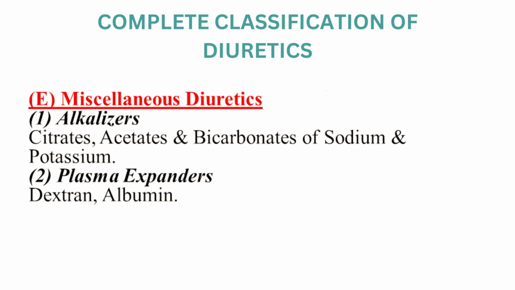Miscellaneous diuretics include alkalizers, for example, citrates, acetates of sodium and potassium. Plasma expanders, for example, dextran, albumin. This is all about diuretics and their